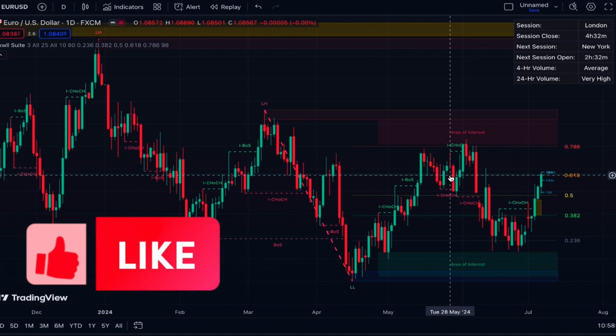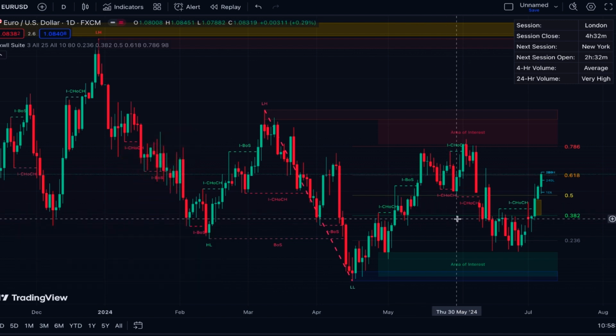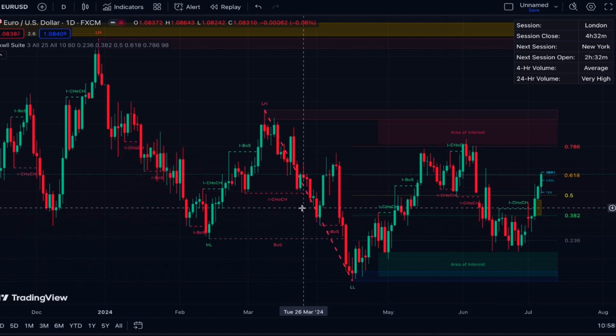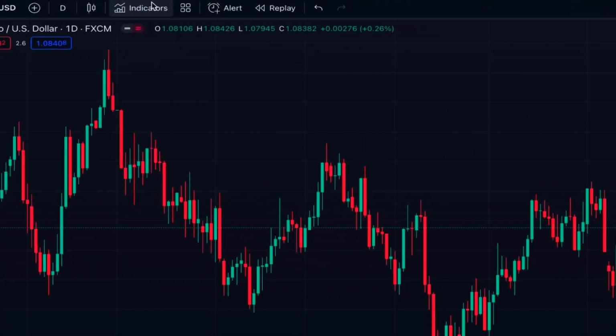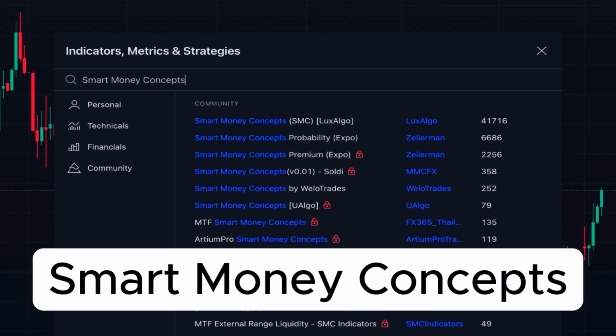An excellent feature of this indicator is that it gives you information for both shorter term and longer term perspective. I have a complete guide on this indicator. The link is also placed in the description and I highly recommend you to watch it later so you better understand this powerful indicator. The next all-in-one indicator is Smart Money Concepts, this one, which is a free indicator from Lux Algo,